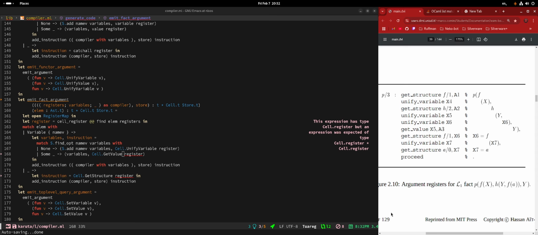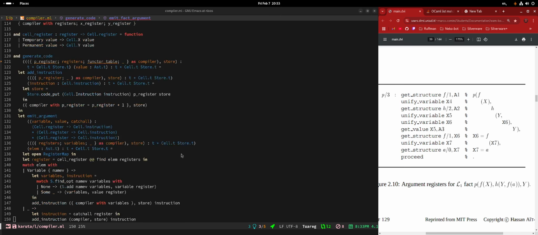Yeah, and we will need an index, but this is OCaml though. And this function needs to change, and we need to do the register allocation differently as well because we have to skip the first three registers, right? Well, however many registers the fact takes as arguments.